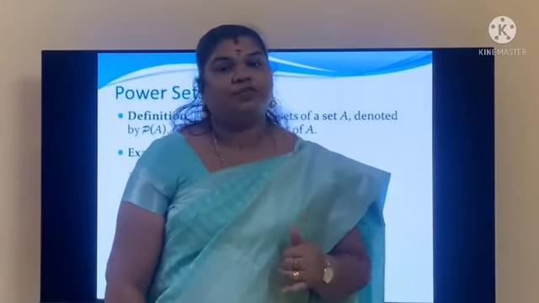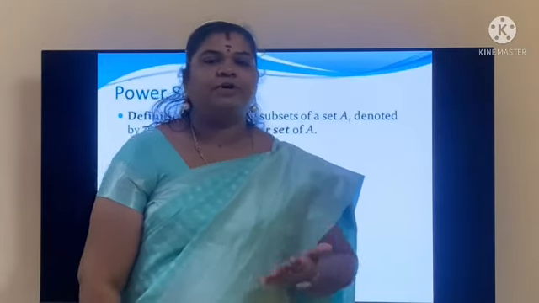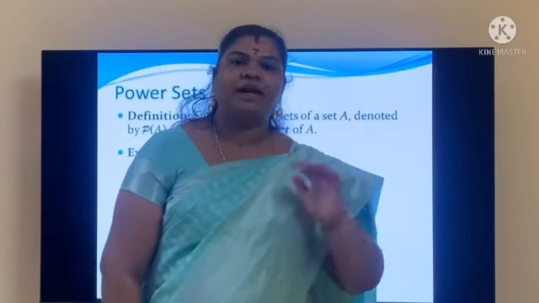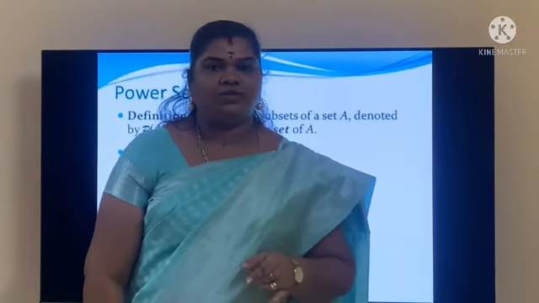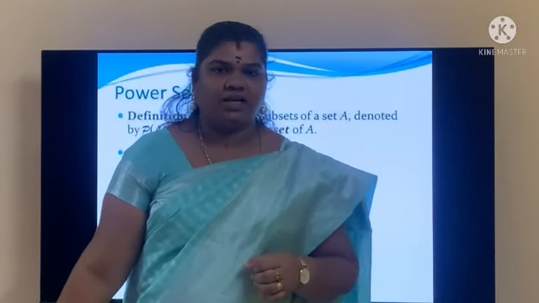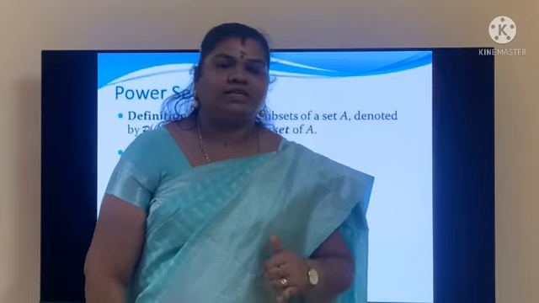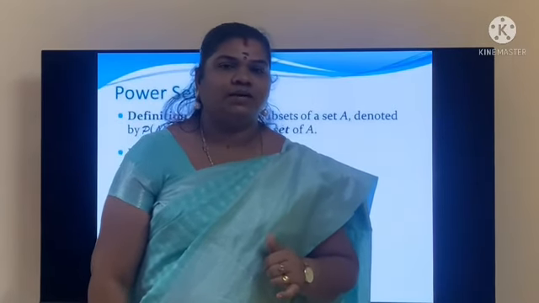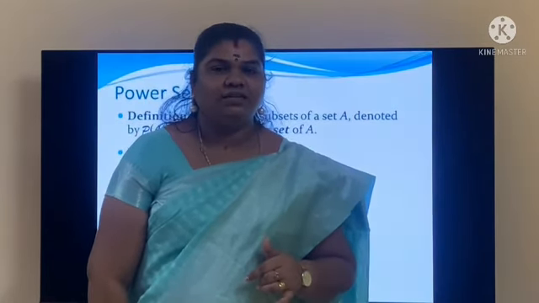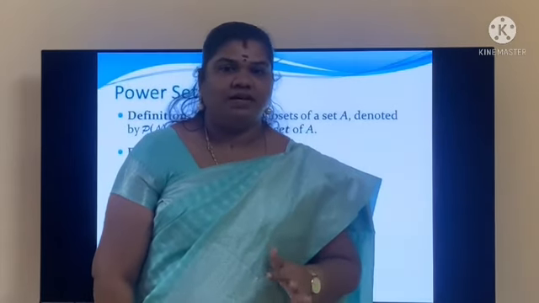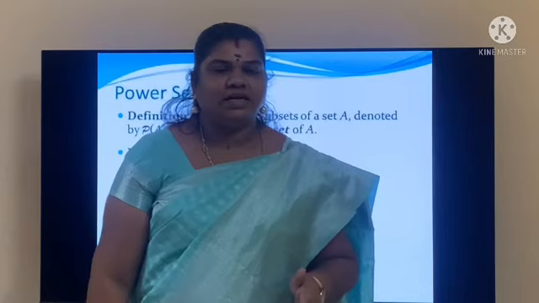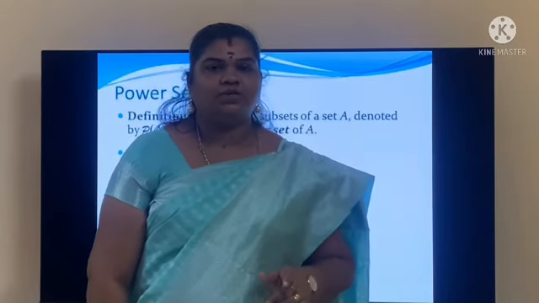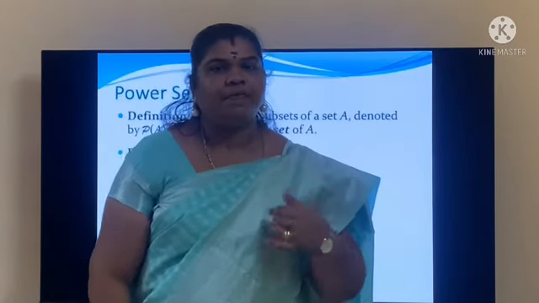How to find the number of proper subsets? The number of proper subsets is 2 power m minus 1. What is that 1 which is removed from there? It is the set itself. The set itself will not be a subset for the condition of proper subset. When proper subset is considered, the set itself will not be considered as a subset. So that is why we write 2 power m minus 1.